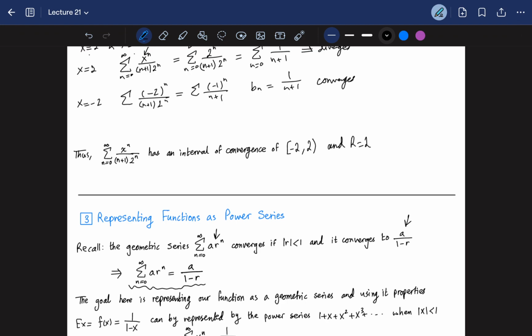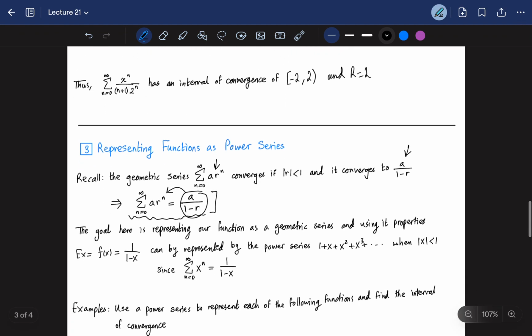So here, the goal is I want to represent my function as this form of a geometric series, like the value of the geometric series here. I want to represent it this way, and once you represent it that way, you can easily get it into a power series. So for example, if I have